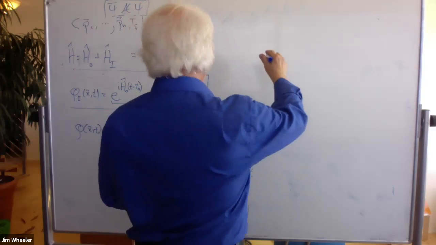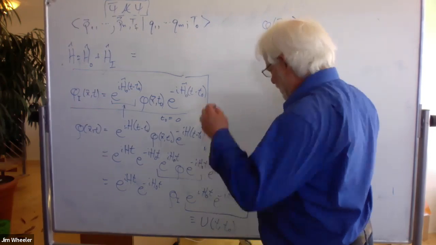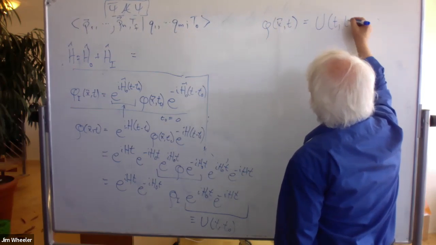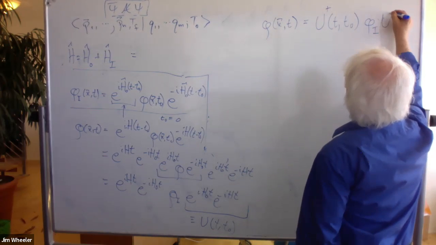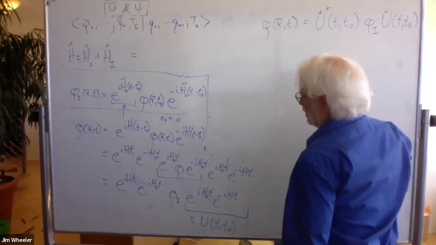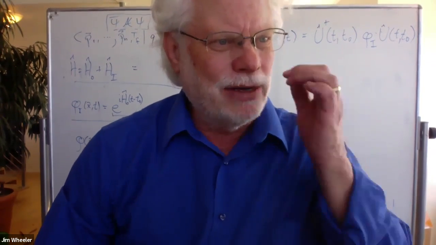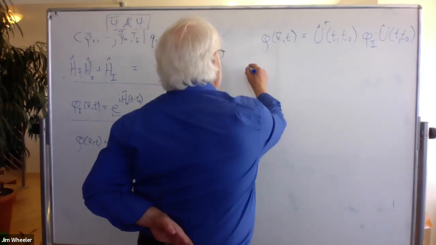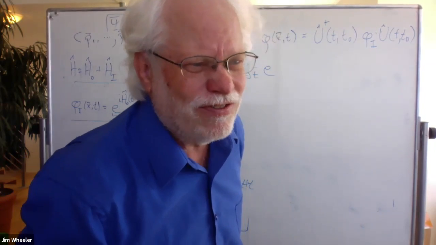But not yet. So what this says is that phi of x and t, we're going to write as this time translation operator, dagger, on the interaction picture, u of t, t naught, like that. So now we need to find out a bit about this time evolution operator. If we take a time derivative,